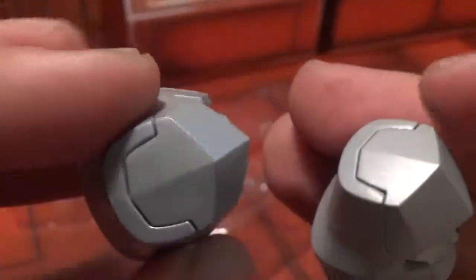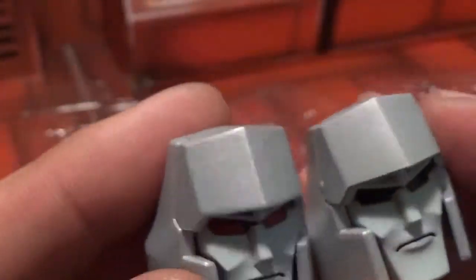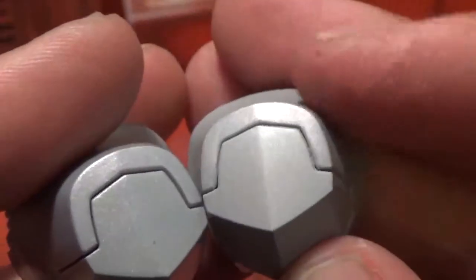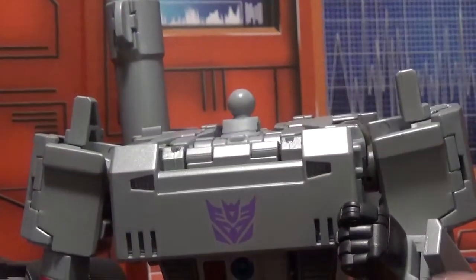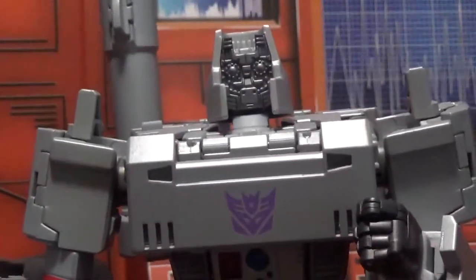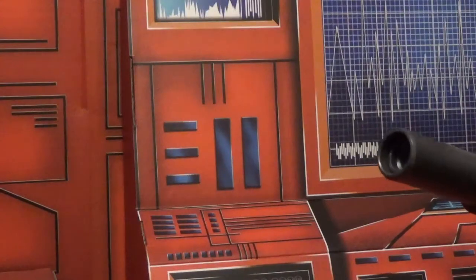And also, the MP-36 silver paint does seem to have some more of the silver spark, metallic in it. You can actually see it shine a little bit better in the light. So, I mean, that's the majority of the difference with this. And I wasn't gonna put the head on, but I did, so you guys can actually see the difference of what it looks like, and it's actually got a pretty cool look to it. So I'm glad I got to see it, and it'll probably help me make my mind up